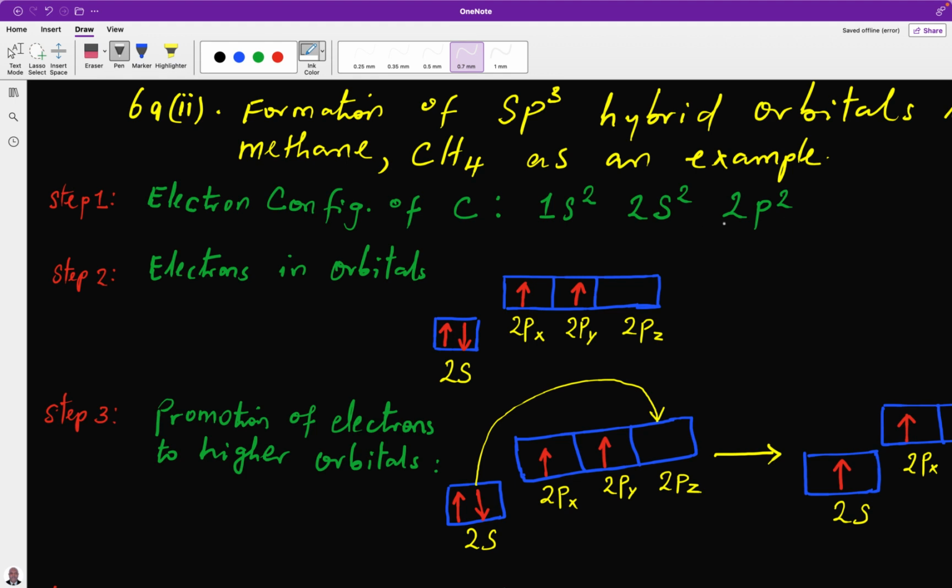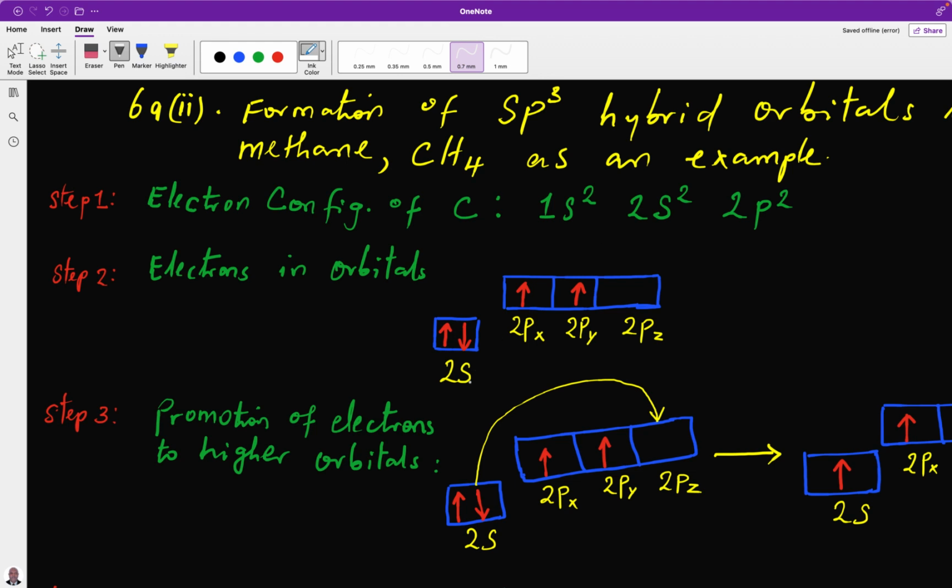We are dealing only with the 2s and the 2p. So 2s is 2s2 and the 2p2. The 2s has 2 electrons. It is filled. We go to the 2p. There are only 2 electrons there because carbon has atomic number of 6. So the first 1s2, 2s2, 2p2. So filling it, we are concentrating only on the 2s and the 2p.